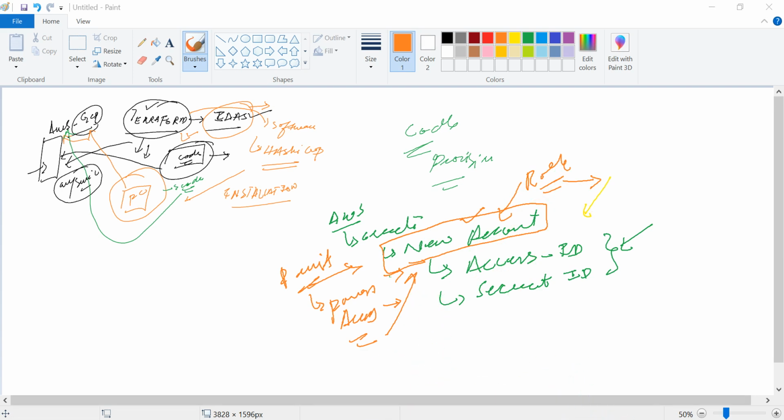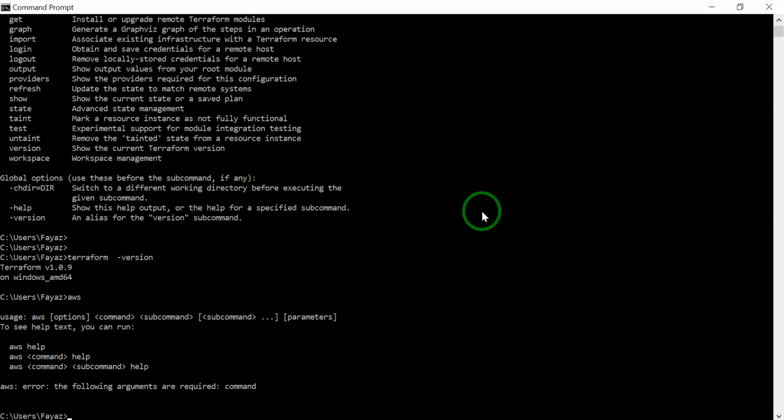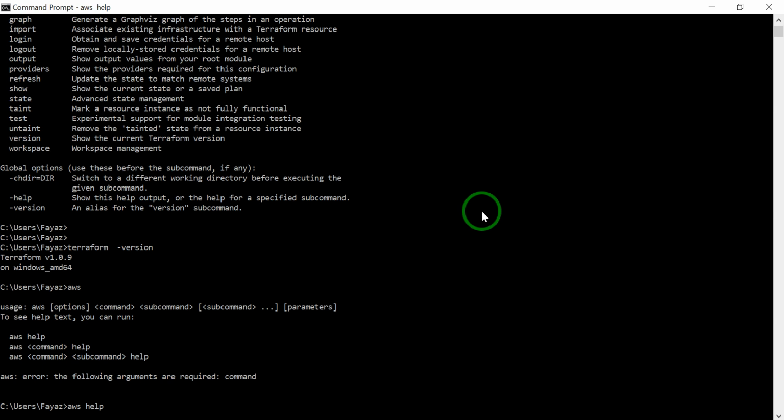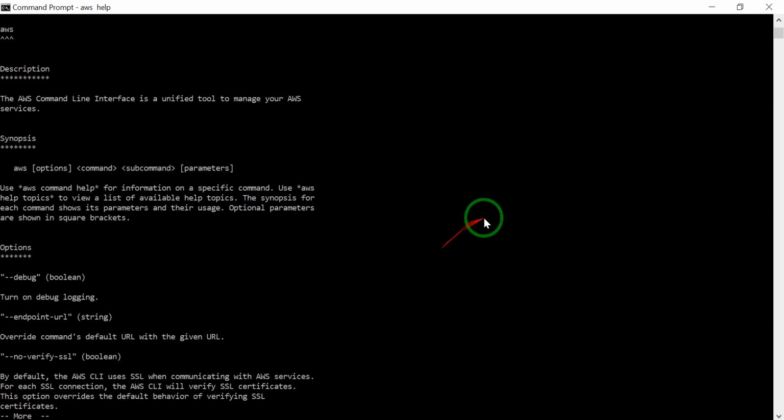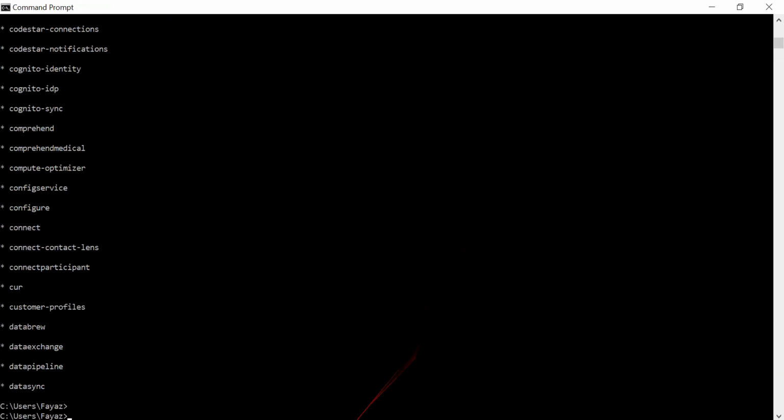Before that, you have to install the AWS CLI on your machine. Right now I have AWS CLI on my machine. It's also very simple. It comes as an exe file. So go to Google and just write